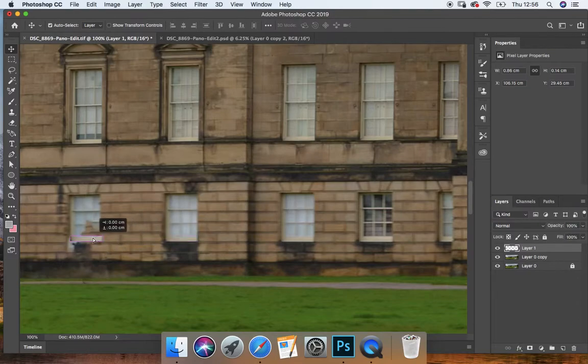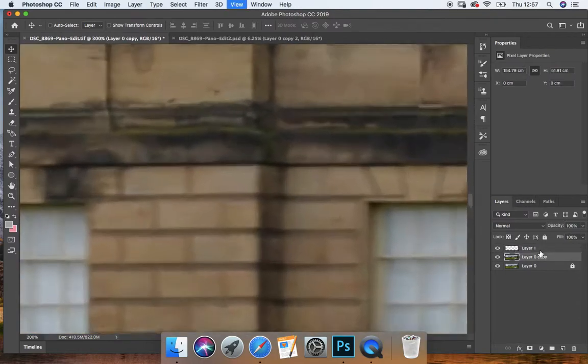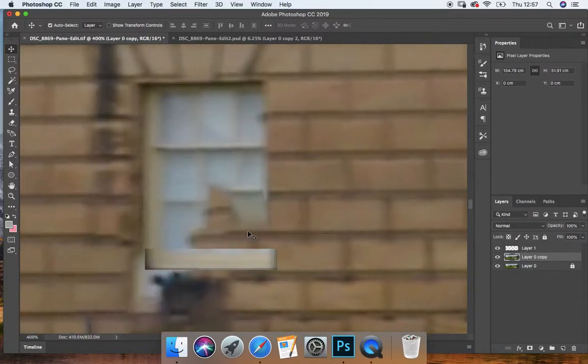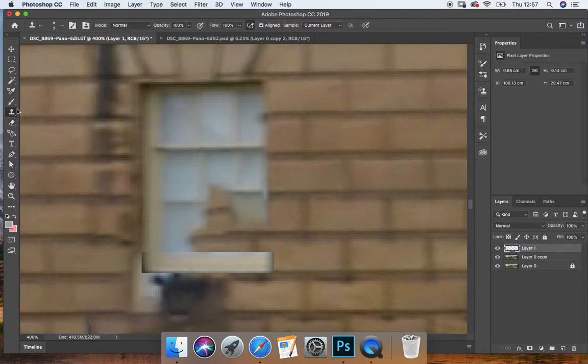Now that's going to give us our guide as to how and where we're working to when creating our window panel. Don't worry about it standing out too much right now. That is all going to be amended later. Move it quite right. There. Okay, so now we're going to go to our clone tool, press Alt, we're going to paint down,